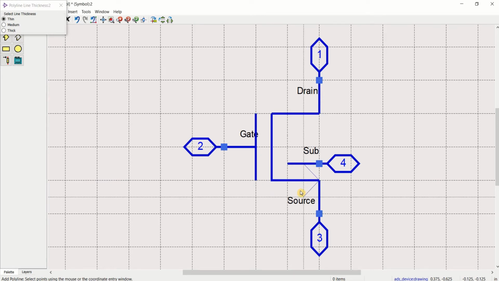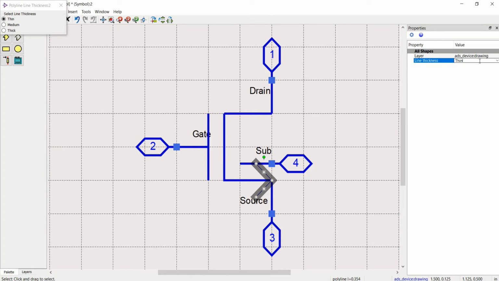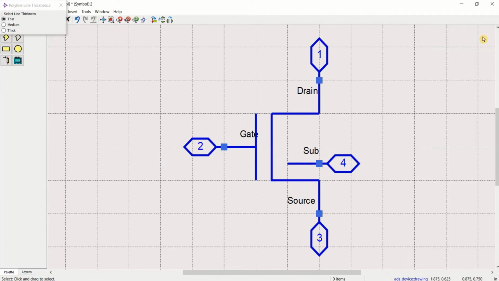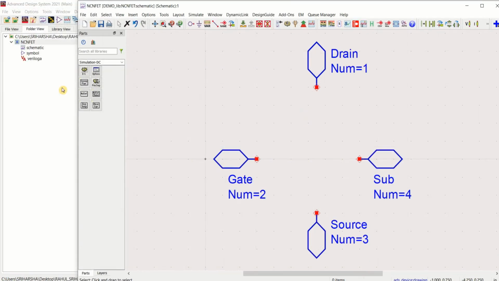If you want, you can add this. Select this, double click on it to change the properties, medium, or just remove it. Depends on the requirement. This is how you create the symbol. Save this symbol, close it. Now we have the Verilog-A view and symbol view.